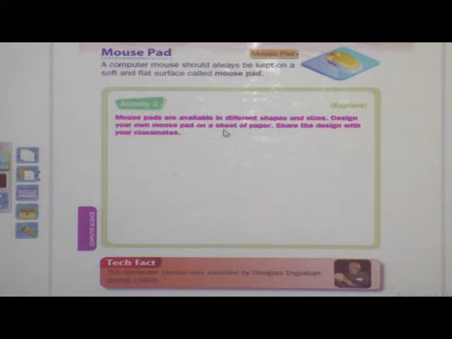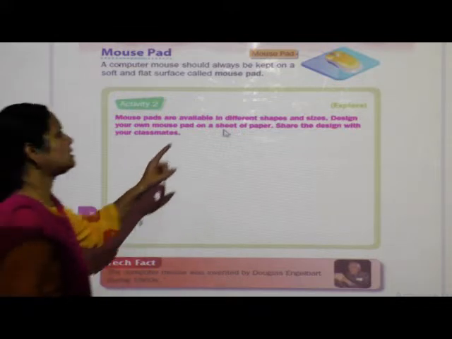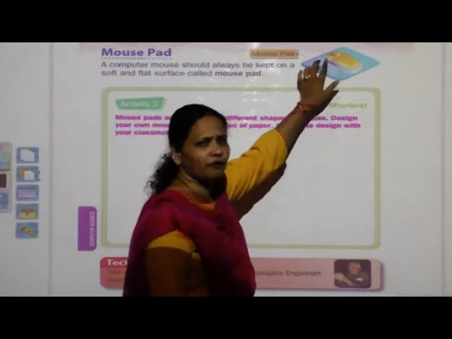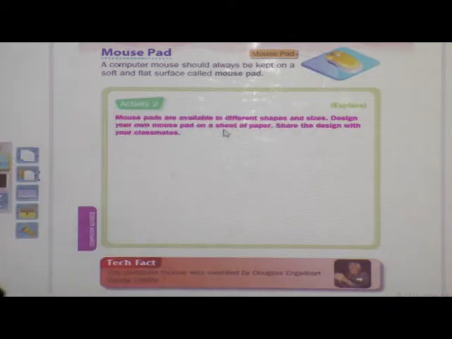So the computer mouse should always be kept on the soft and flat. You can see here, the mouse pad is flat and soft, so that it will operate very easily. For that purpose you have to use a mouse pad below the mouse.